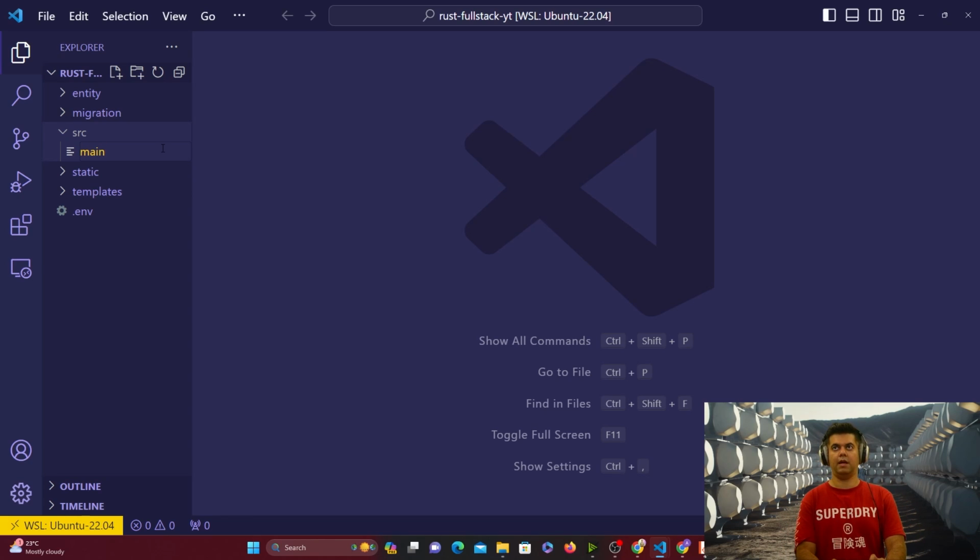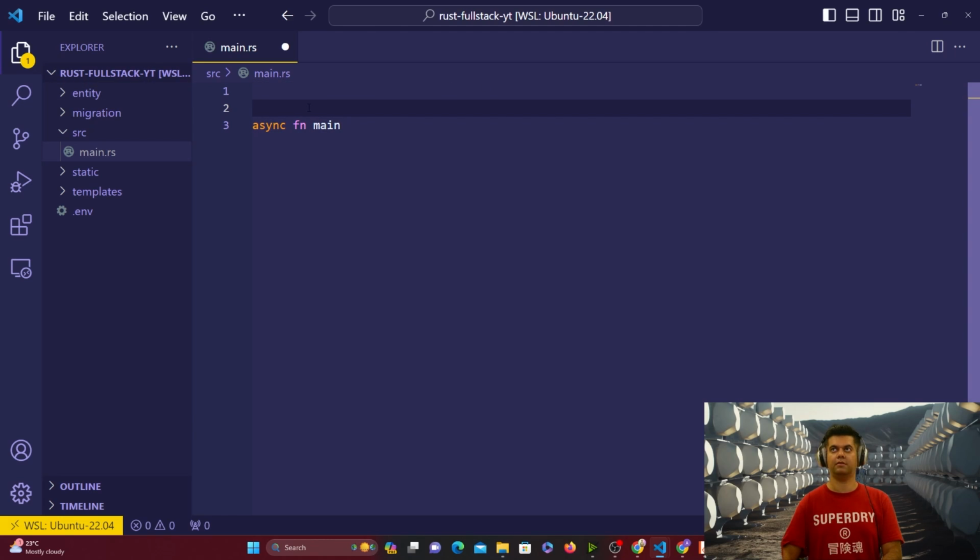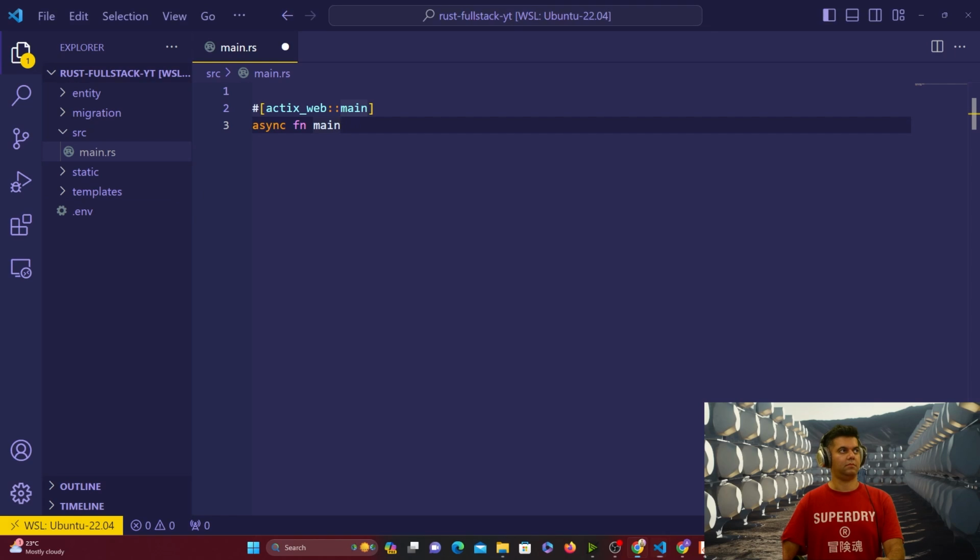Okay, so in the SRC folder, I have my main.rs file. In the main.rs file, I'm supposed to be doing a few things. There's obviously the main function here, right? The main function has to be async, obviously, and we're going to write Actix Web main, to be able to work with Actix Web. The main function gives us a standard IO result,